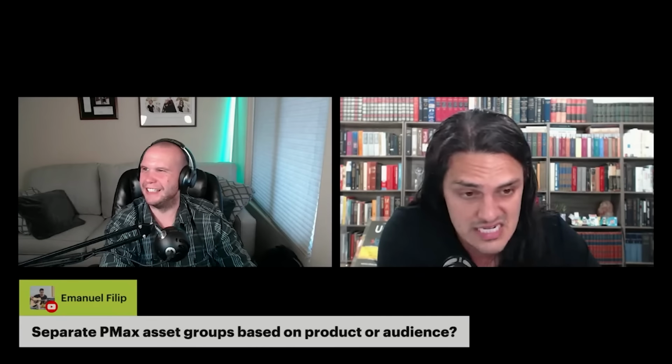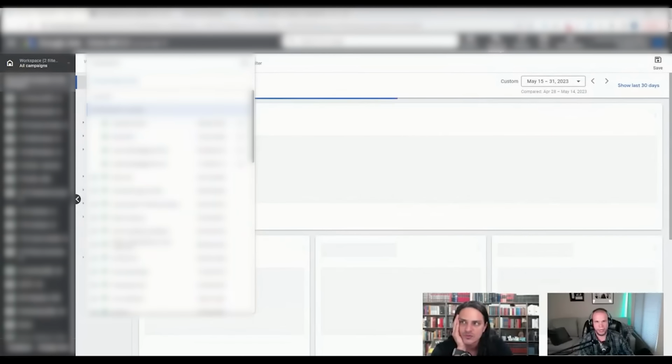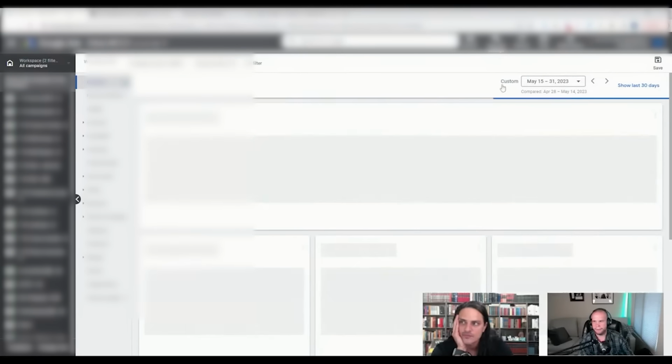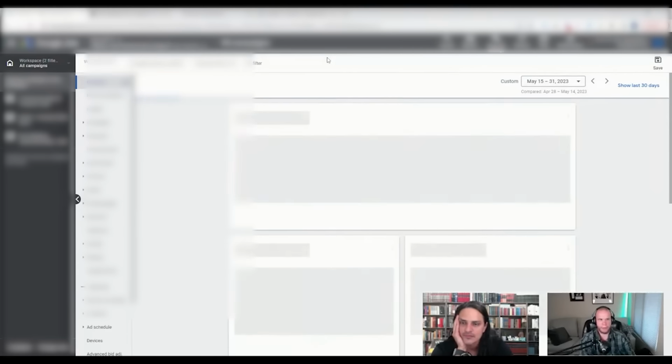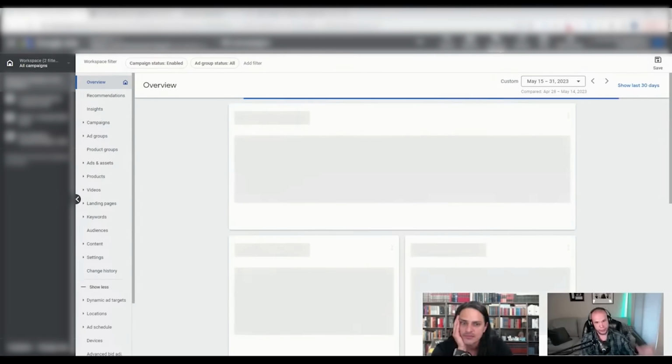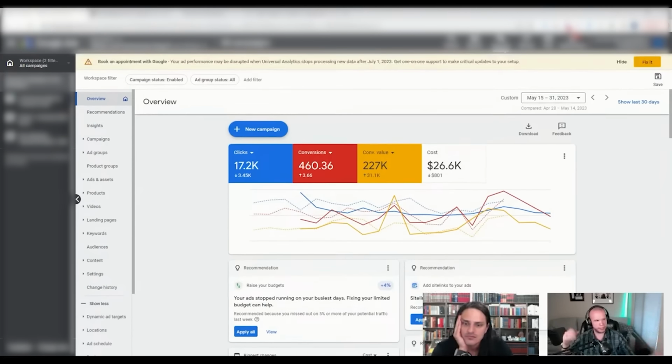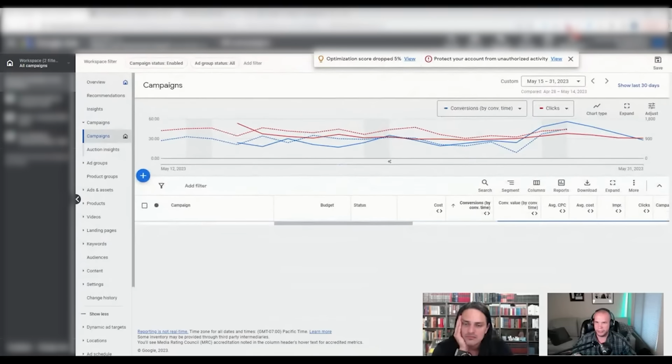All right. Separate asset groups based on product or audience for Performance Max. I know we just kind of said we don't use Performance Max. Let me share with you the mess up here. You know what? I'm going to do a whole YouTube live on this, because here's what I want to demystify for everyone: PMAX asset groups and signals don't matter now. And Google even gave us a tool to prove it, and no one has seen it and no one uses it. It's mind-boggling to me that I see a lot of these people on LinkedIn that are not screaming from the mountaintops on this. But let me give you a quick scenario.